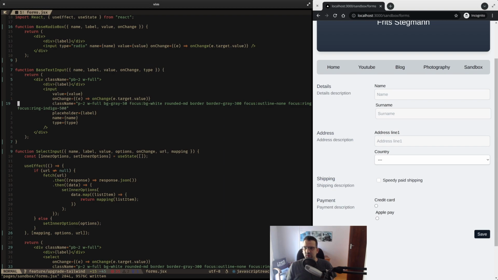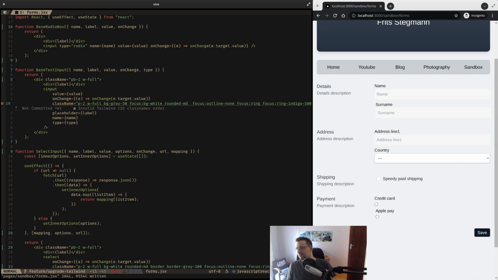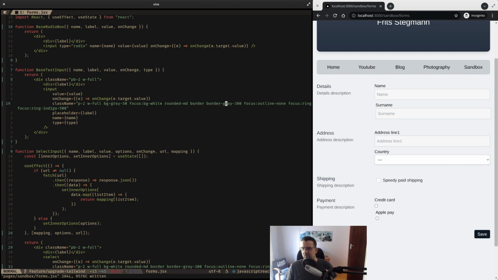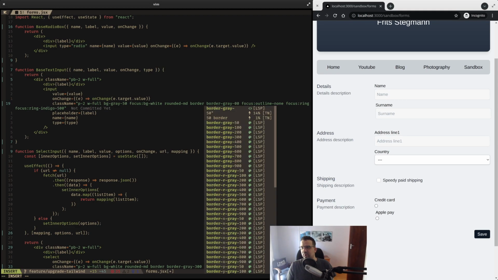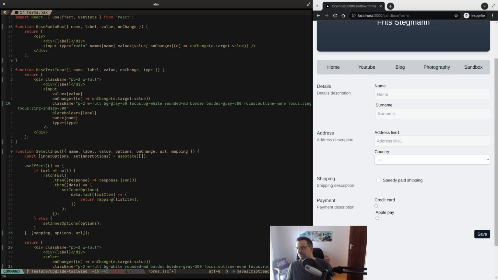Maybe the border, let's see, FB. Okay, let's see what this looks like. Nope, let's keep the border there for now. But what I can do is try to make the border a bit more interesting, or a bit, no, let's keep it 300. Okay, so